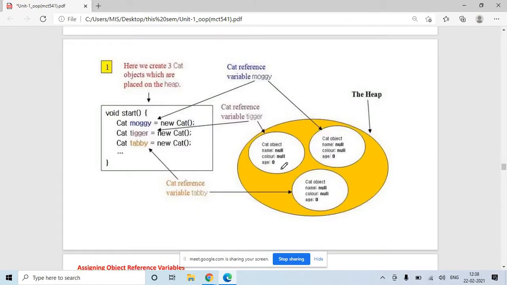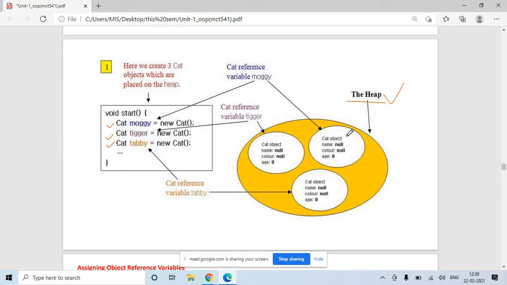Let's try to understand this with the help of this diagram. Let's say you create three different variables. Okay, let's say now there are various kinds of memory, we know. So whenever we use the new or whenever we allocate memory dynamically, the space that we are going to reserve happens in the heap area. This is the heap area.